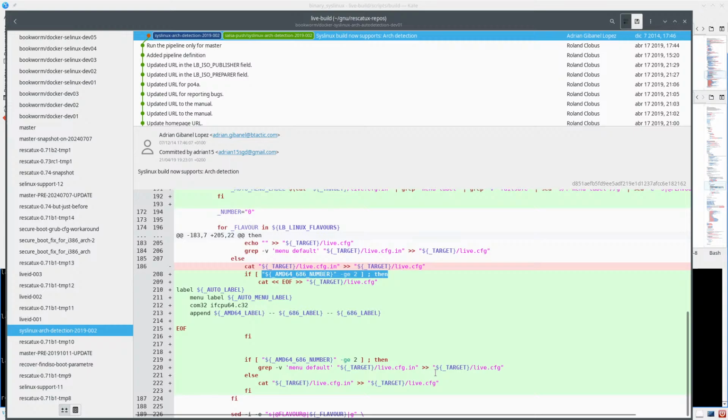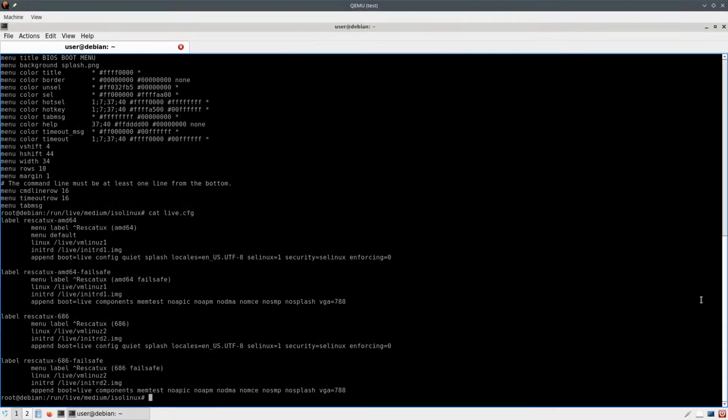Because in here also you have this remove the menu default thing, which I'm not sure what it is. The menu default. Yeah, so you don't want menu default in here. How do you remove this? Is it just